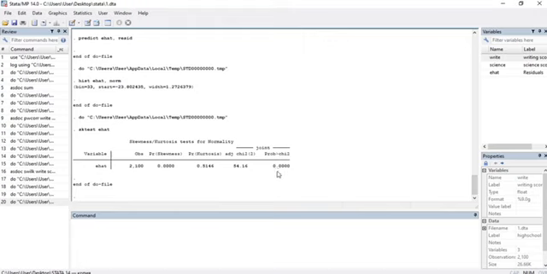So it means residuals are not normally distributed. So we will convert this data to the table format. Why do we need the table format? It's because that